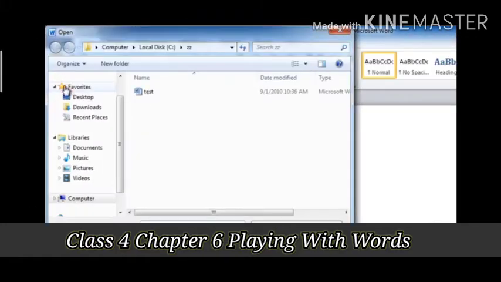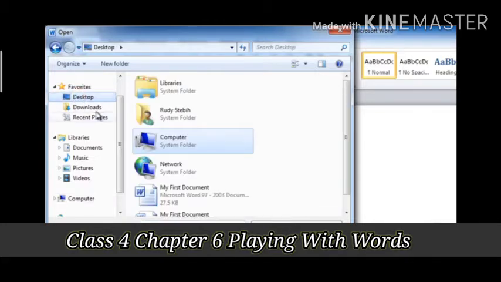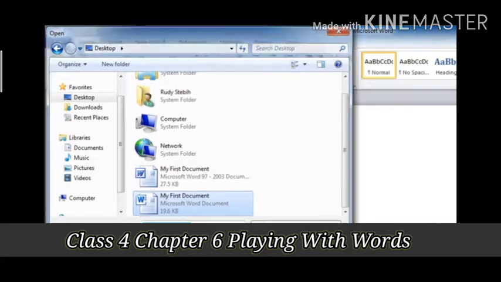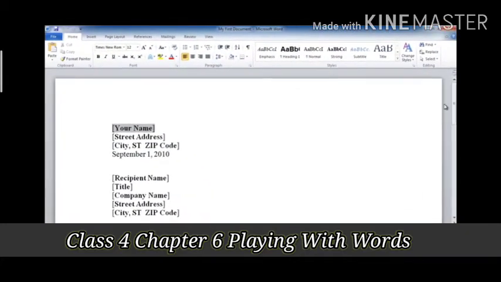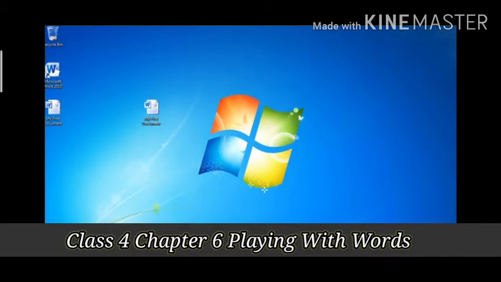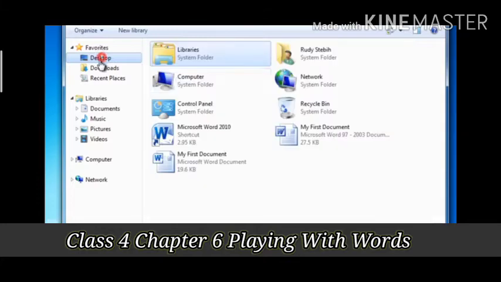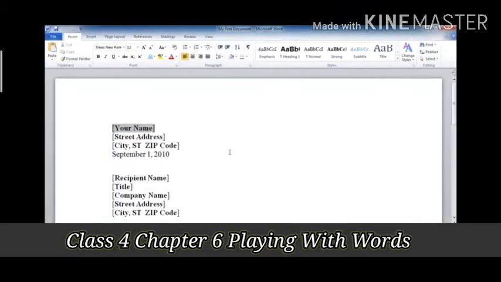From here, select my first document and then open. Your document that you have saved will get opened over here. From the libraries also you can go to the desktop and then my first document, because I had saved it on my desktop, that's why it is there on desktop.